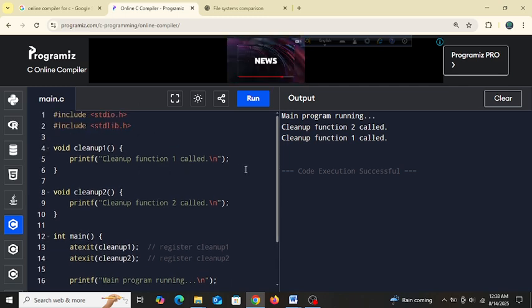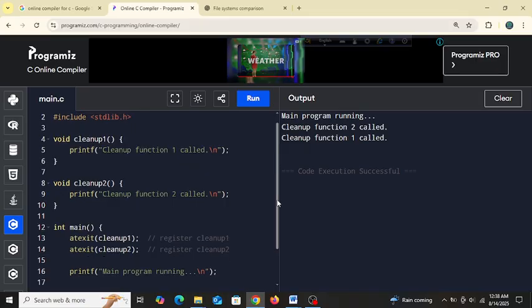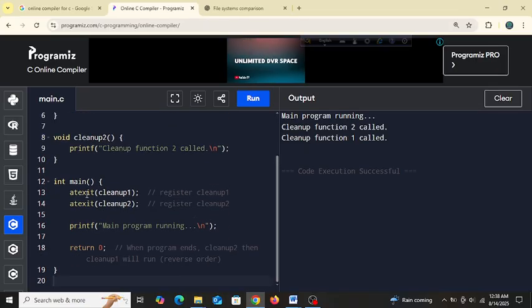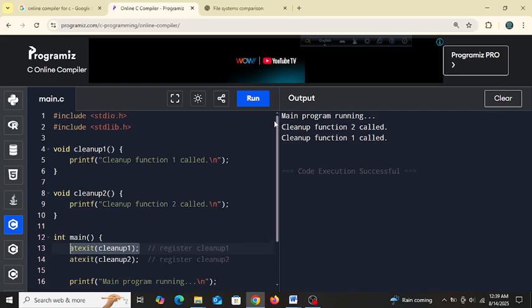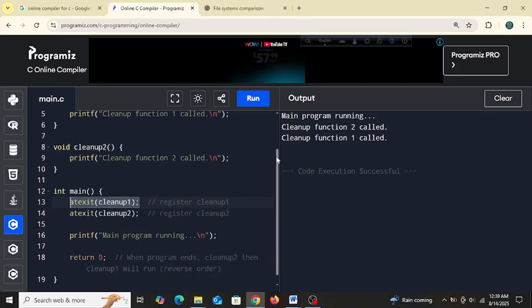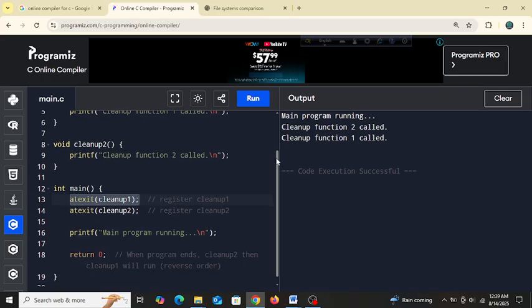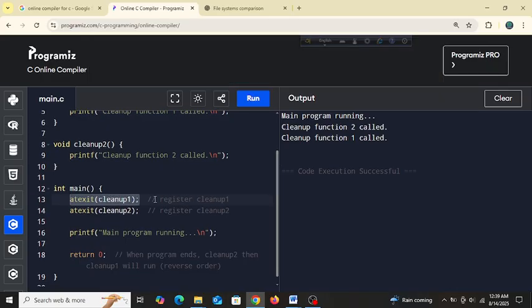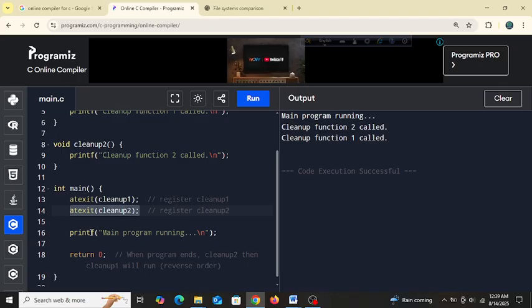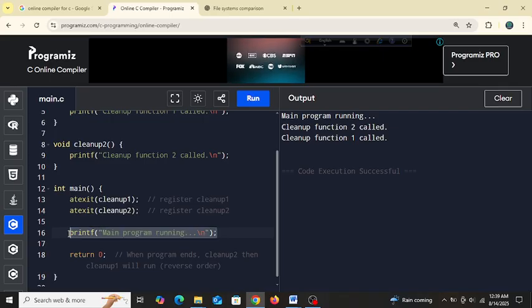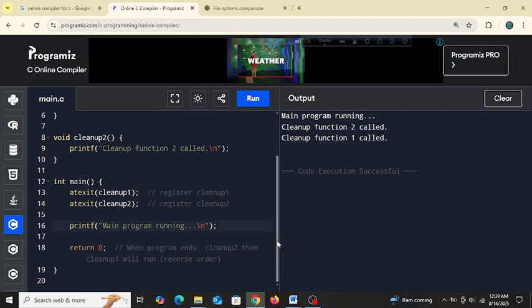So let's see, atexit cleanup 1, this is the first function, and then this is the 2. So the first printf is main program running. So this is the thing that will be printed first.